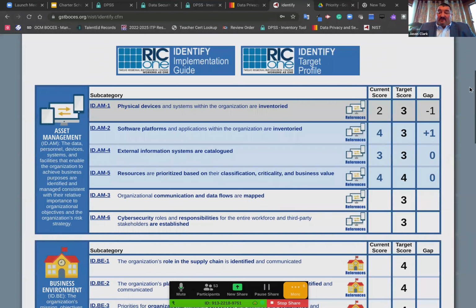So districts now are starting to look at the NIST and really starting to go through and self-assess. You'll see that we have a gap analysis here, and there's reporting. This isn't something that you're ever able to be done with, really. It's a constant process of going through, evaluating, updating, and trying to reduce your gap analysis as much as possible, so you have ones and zeros rather than negative ones and negative twos.